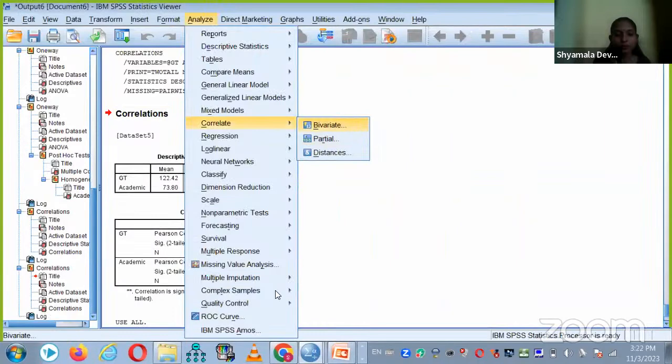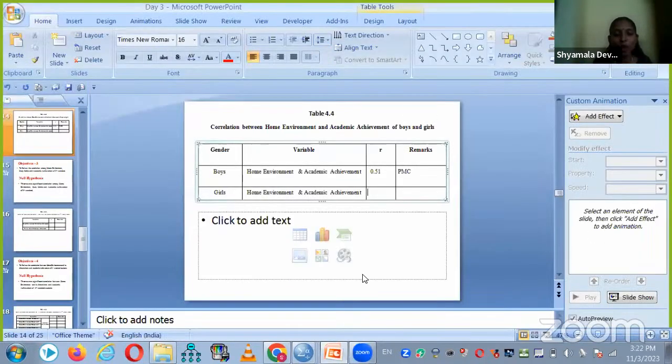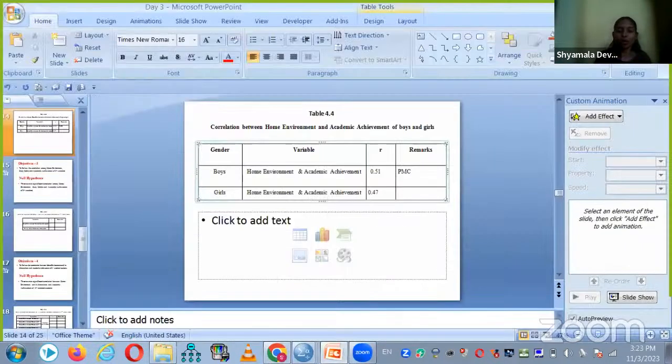Now if you check the gender, we have done the correlation only for girls. So now the correlation value is 0.47. If it is 0.47, what does it interpret? If it is between 0.3 to 0.5, it is low positive correlation. So here you are supposed to write low